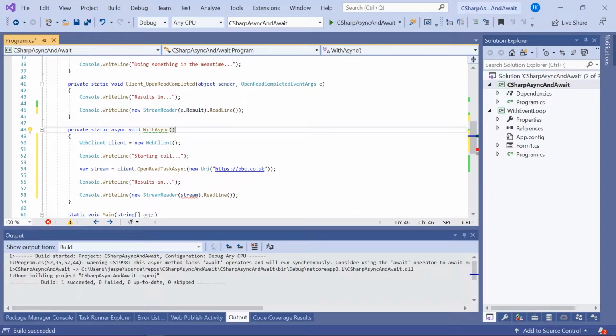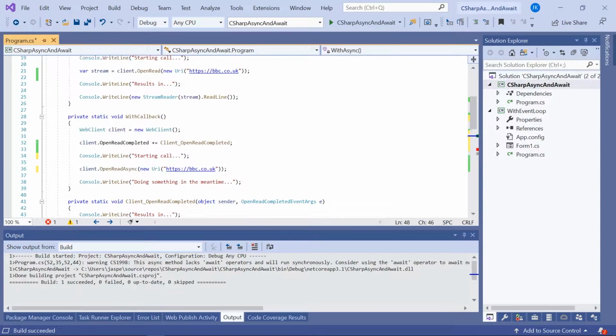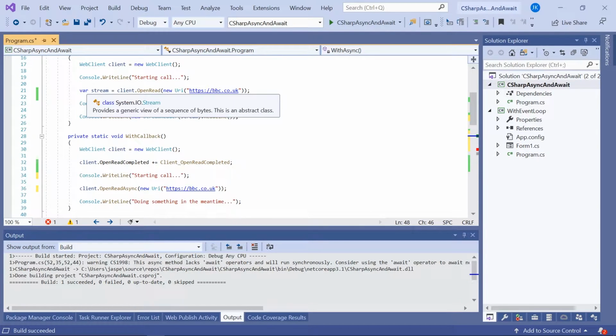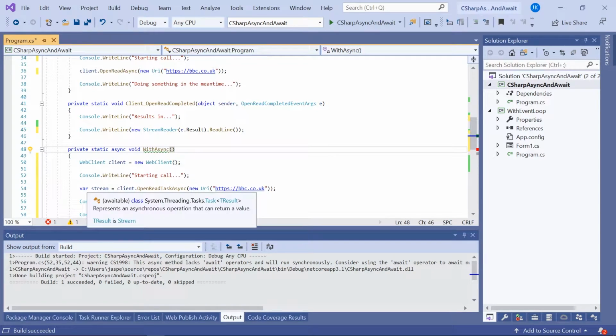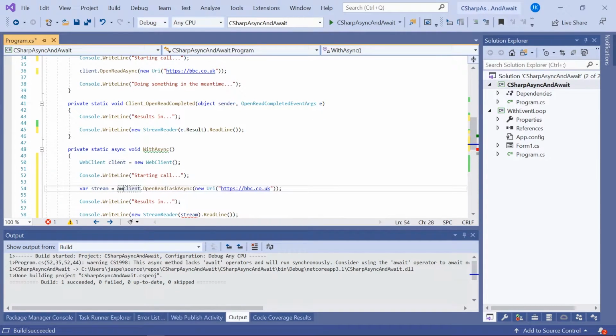And this is what I'm saying is the nice thing about the web client. It does show you all three mechanisms for doing it, whereas the more modern classes only give you the modern way of doing it. And so we can see there, we've got this open read task async. So what we can see as a result there is a task instantiated for stream. So stream was what we originally got back up here, but now the task async version returns a task for that. But all we need to do is put the word await in there, very similar to what we did